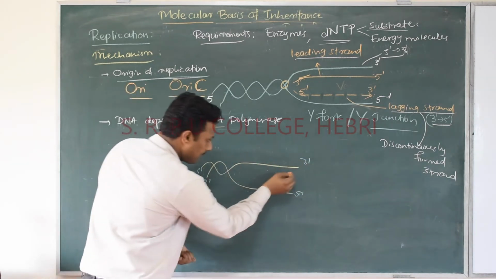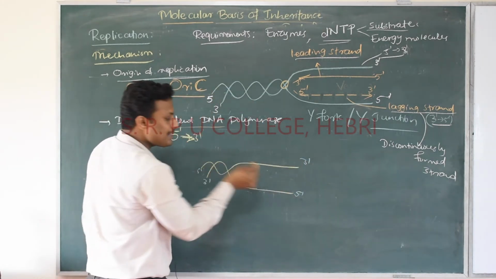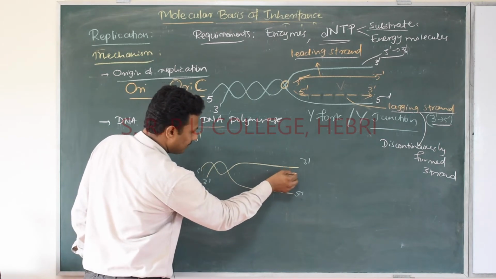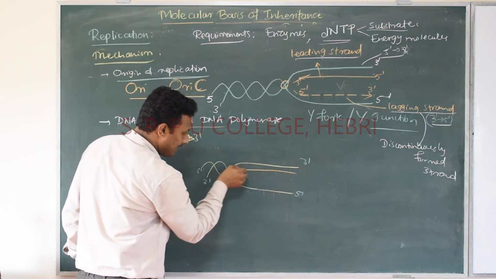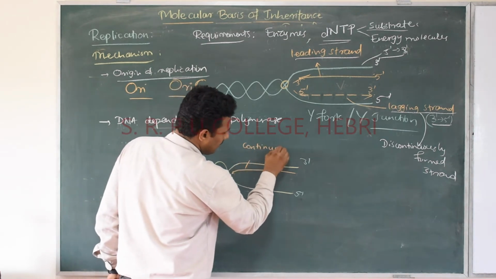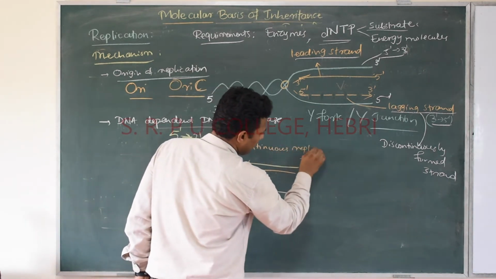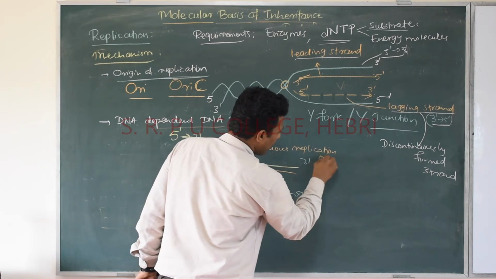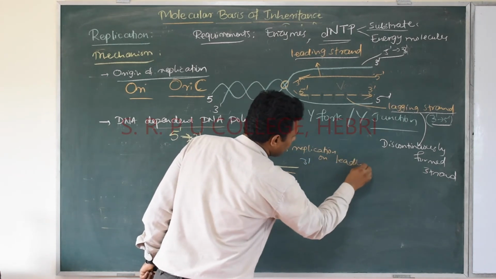Okay, see, illi DNA dependent DNA polymerase will catalyze the synthesis of the leading strand in this direction. This is continuous replication on leading strand,